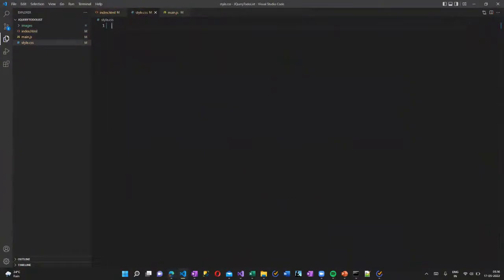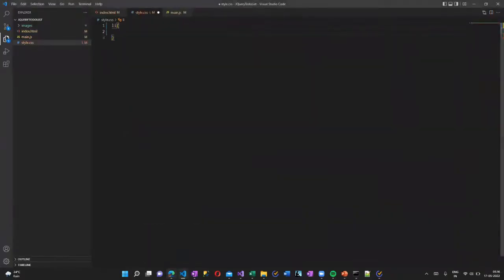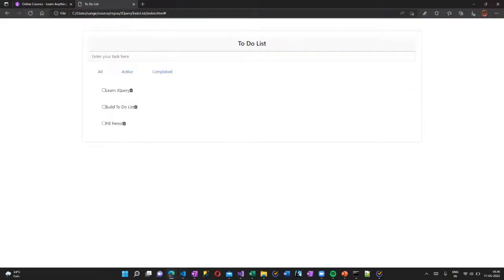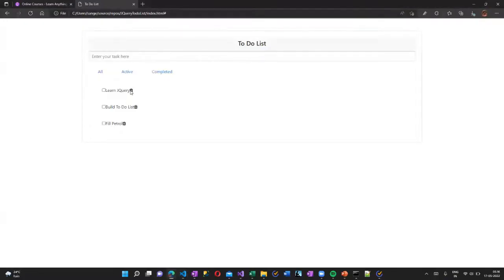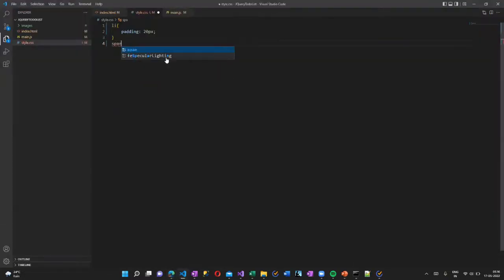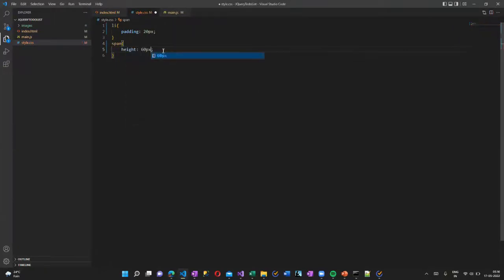HTML part is completed. Now let's add some styling. So for the list items, I'm adding a padding of 20 pixels so that the space will be increased. Now let's add some styling to our span item. So I am giving a height and width of 60 pixels,